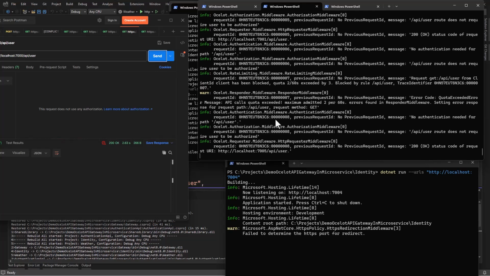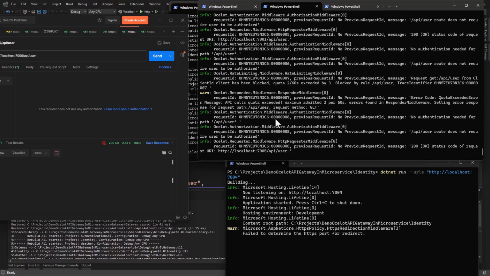So it gives you the 7001 instance. When that instance is done, the next request given to 7004 or 7005 is going to share it among the instances that we have created. So by doing this, we can now balance the request or balance the load, and you do not overwhelm one instance with the whole request.